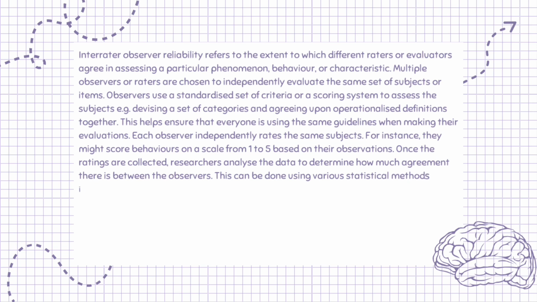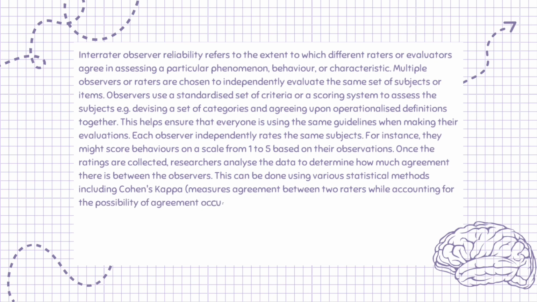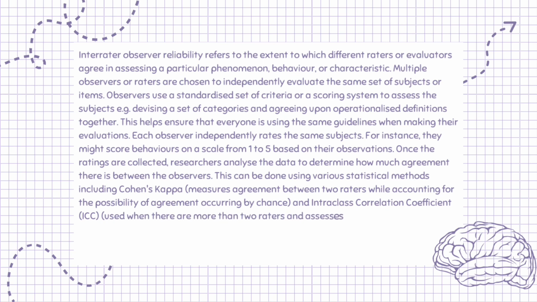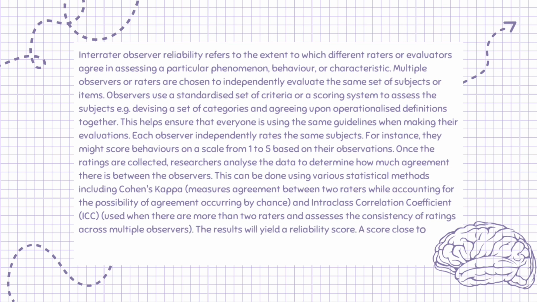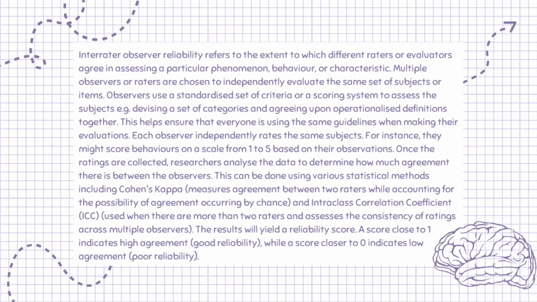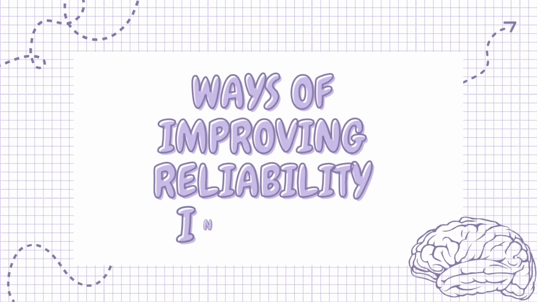This can be done using various statistical methods, including Cohen's kappa, which measures agreement between two raters while accounting for the possibility of agreement occurring by chance, and the intraclass correlation coefficient, ICC, used when there are more than two raters and assesses the consistency of ratings across multiple observers. The results will yield a reliability score. A score close to 1 indicates high agreement, good reliability, while a score closer to 0 indicates low agreement, poor reliability. Ways of improving reliability include: